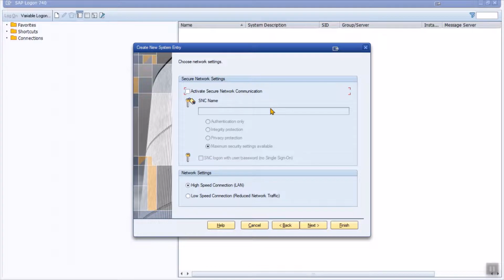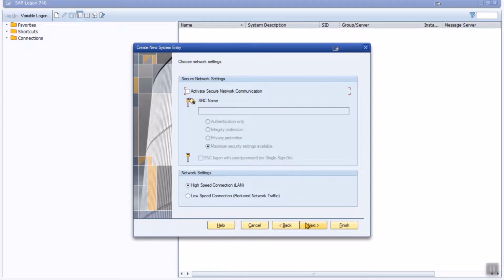You can check with the security team for further information on the single sign-on details. If it is for your personal laptop or personal desktop, this is the way you have to do it. You don't select anything, just keep the settings as is, like the high speed LAN connection, and don't check active secure network communication, just leave it unchecked.